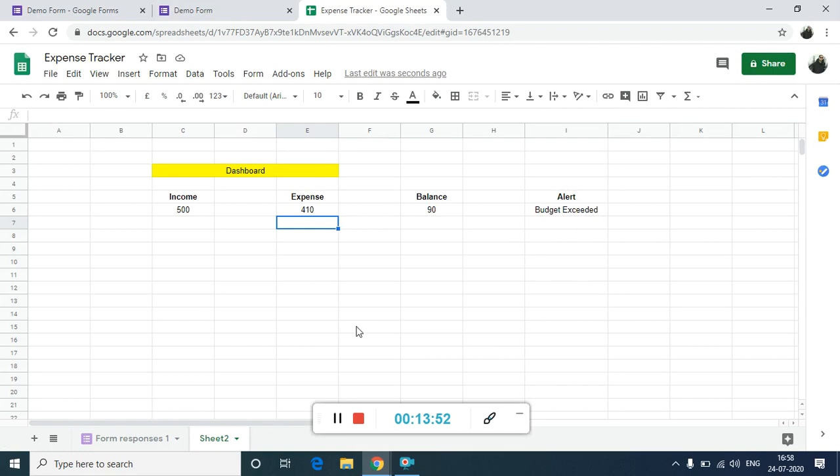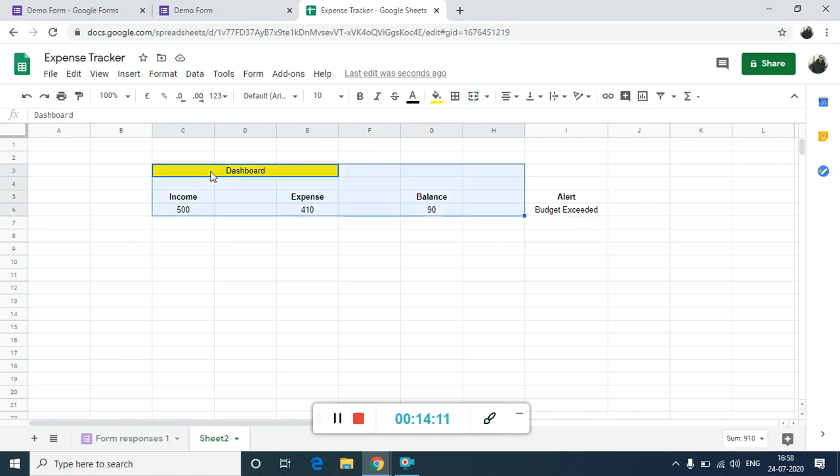So all I have to do is I just have to come on this sheet 2, and have a look at the dashboard, and I will come to know what is my income, what is my expense, what is my balance, and whether or not I have exceeded the budget or not. So this is a simple dashboard that we have created.